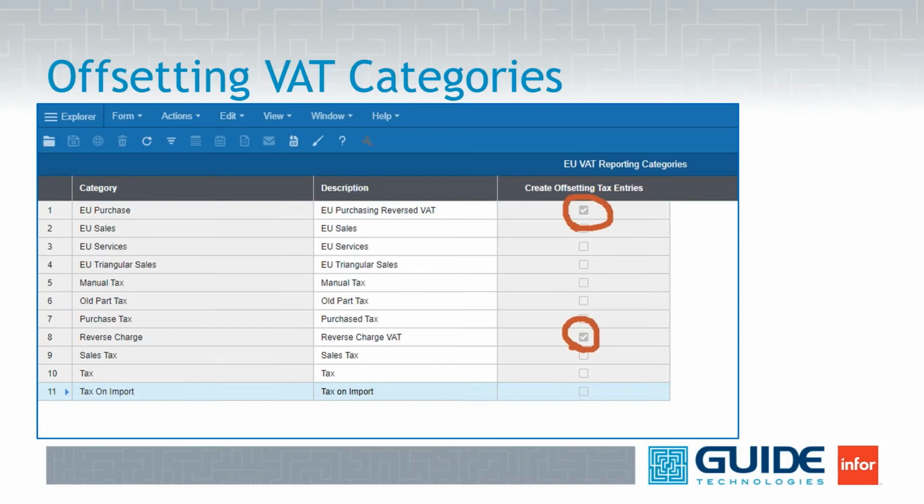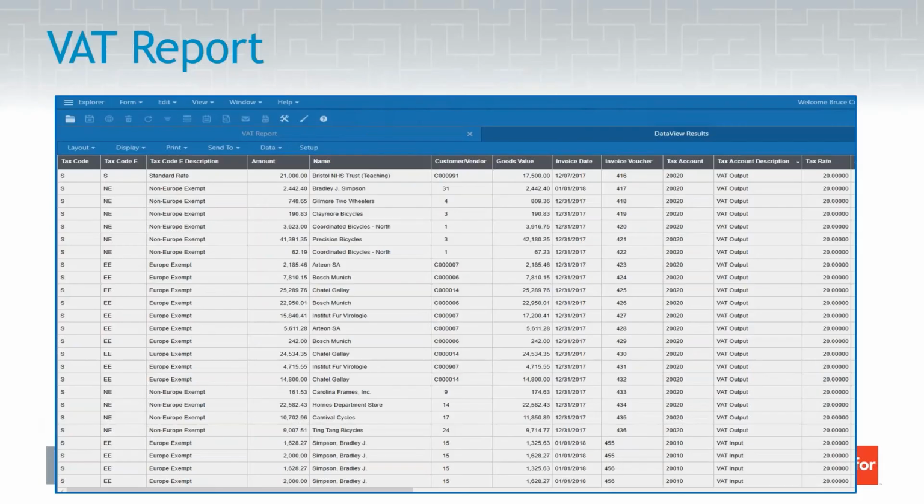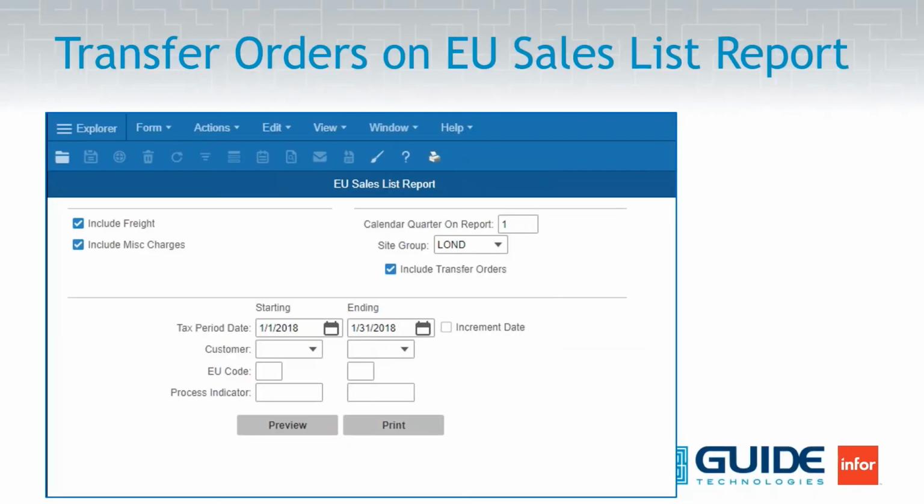We've got 2 of the 11 set, the reverse charge and the EU purchase. And the data view showing the VAT report. So if you're using VAT, I think this is going to be a welcome change for you. If you are an EU customer and you traditionally have struggled with showing your transfer orders on your sales report, that has now been resolved. So transfer orders are now on EU sales list reports in version